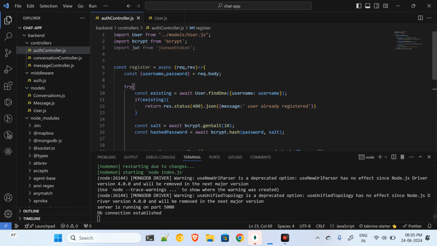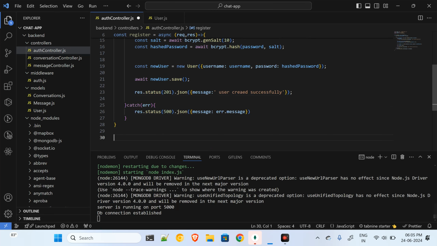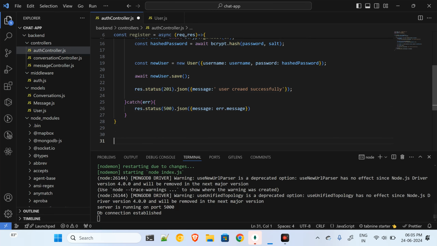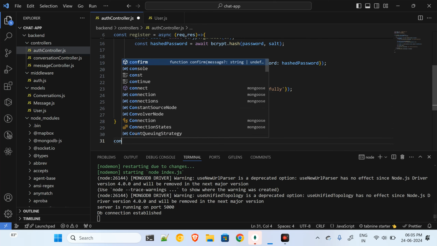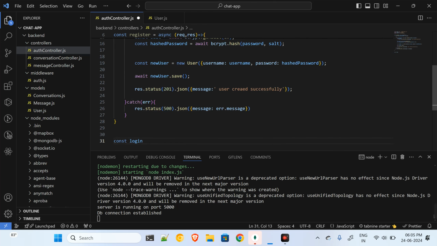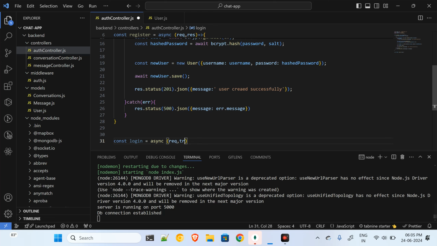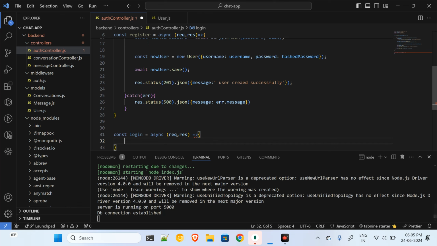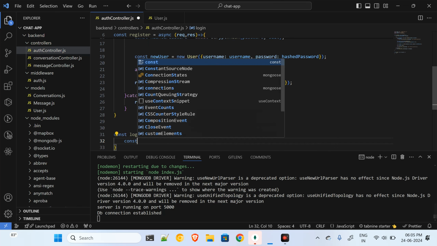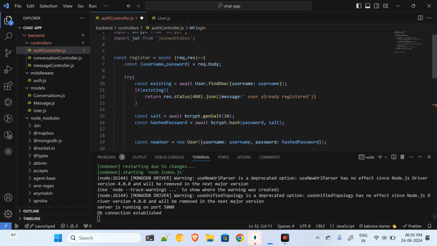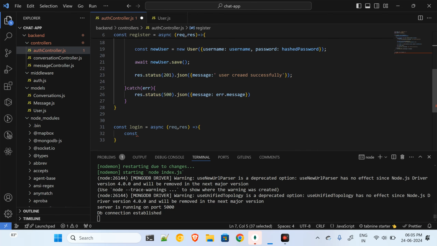So this is our register controller. Then we will create the controller for the login. So I will say const login is equal to async (request, response). And again I'll do one thing. I will get the same parameters. Basically, we are making the same parameters. I will copy the same thing over here,